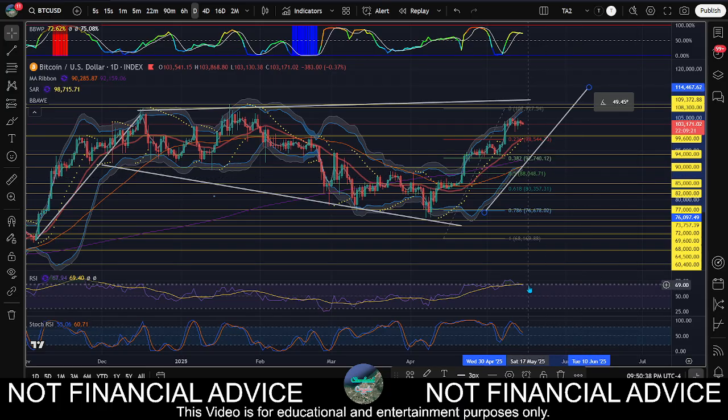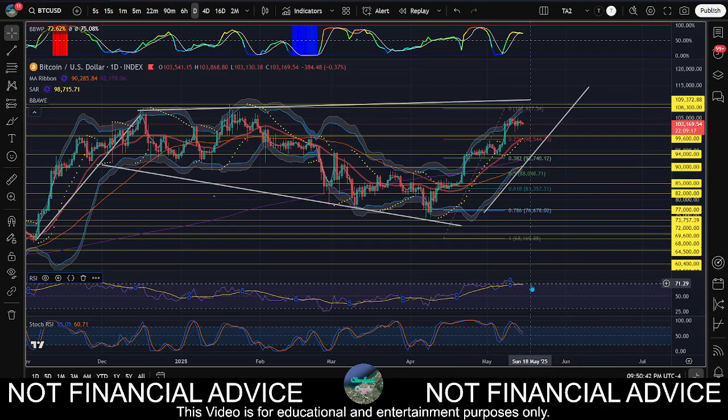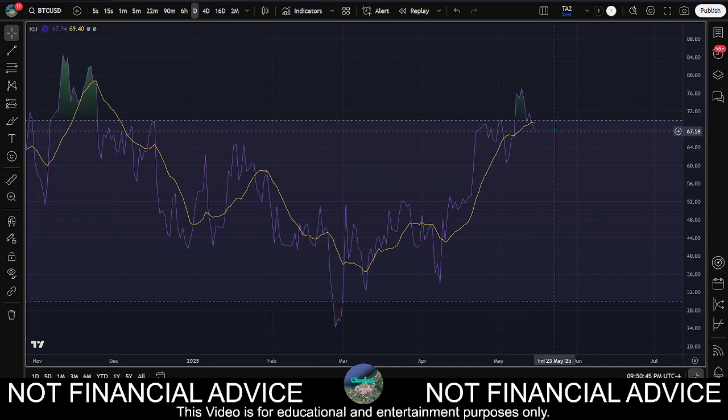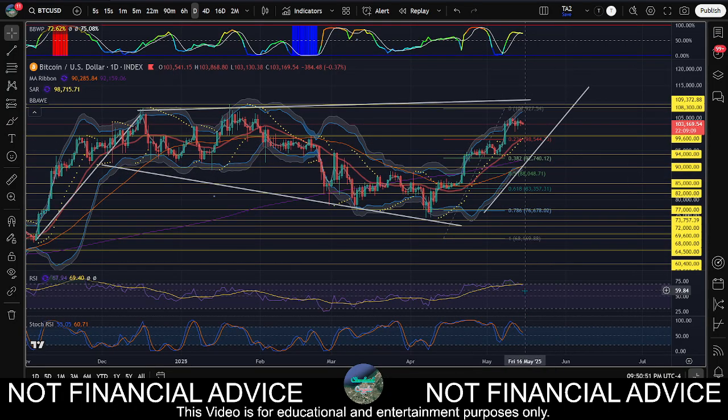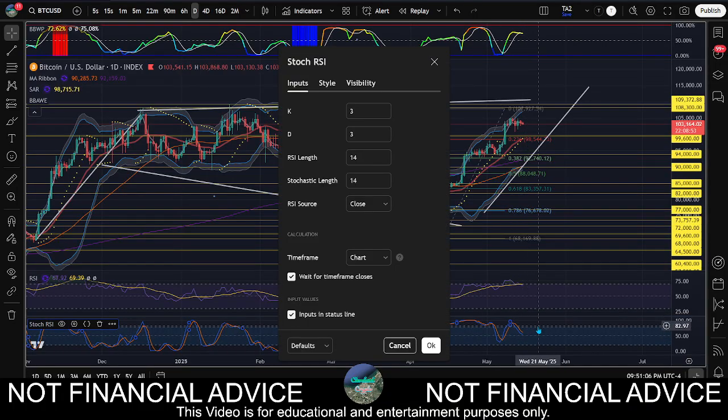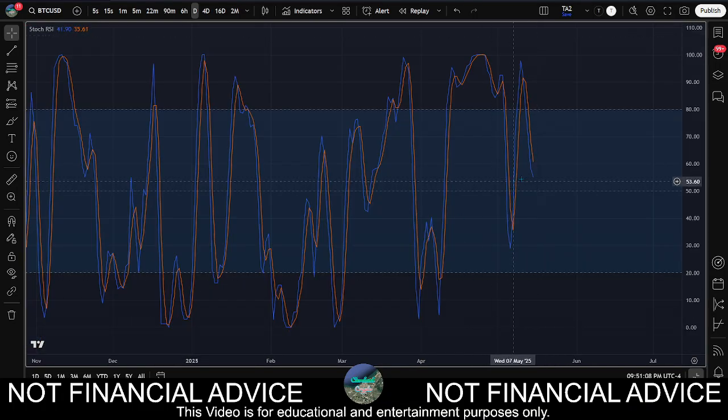Indicator wise, RSI is moving out of overbought territory, but it is moving under its signal line now. If you double click on this, you can see it bigger. You can see it's moving under its signal line, showing downwards momentum. So we're looking for a higher low to come in. That would maintain the trend. If we get a lower low here, then our trend is reversing for sure. Well, not for sure. Then, if price action stays higher, we'd end up with a bullish div. If we look at the Stokes here,